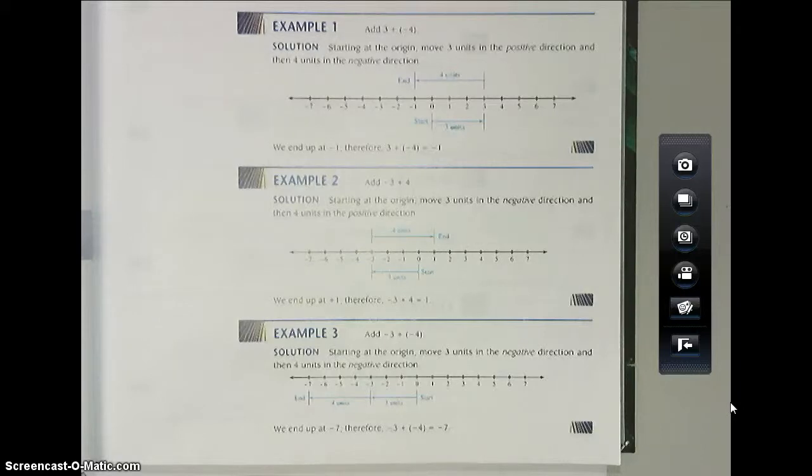and like I said in 1.1 and 1.2, the way I like to think about it, and the way that I'd like for you to think about it from this point forward, is a number line. Okay, so